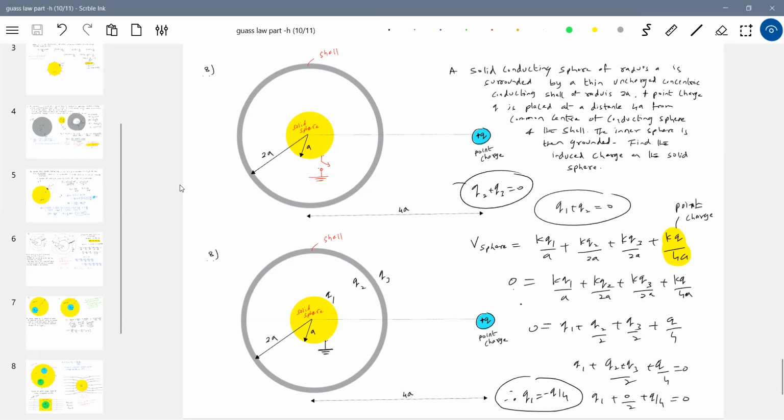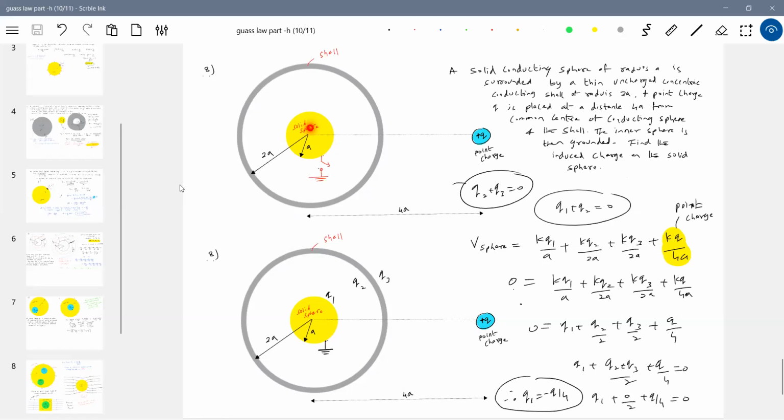See, now also, what is the net force on the solid sphere? It will be 0. This will exert force towards left. This shell will exert force towards right. They don't get influenced. I think these are the problems which will really kill your ideas like electrostatic shielding, no? Because what we said was that this particular solid sphere will not have any influence. Still, it's justified. Say any force the solid sphere will experience due to this: nothing.